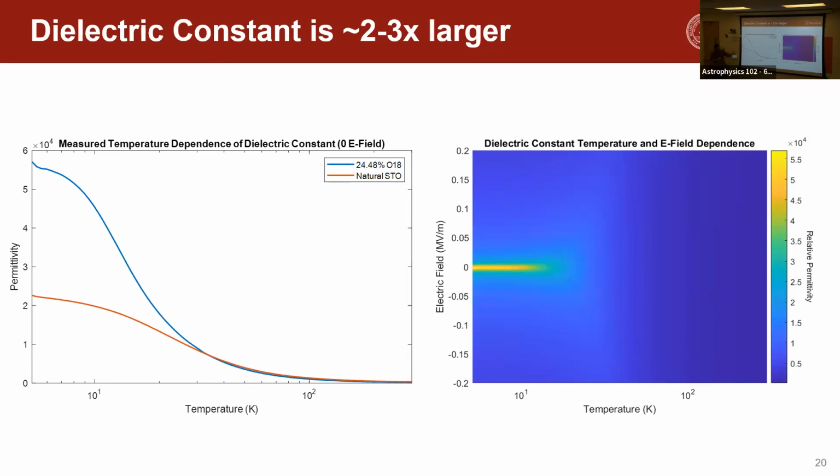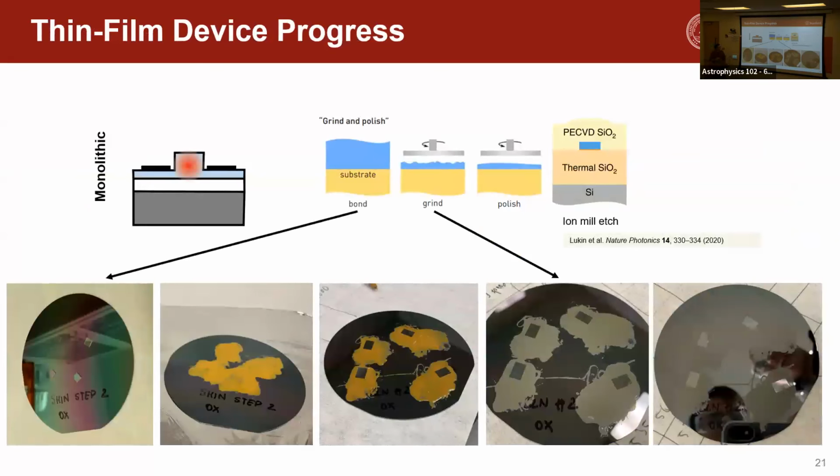And so we're working in parallel both on this direction, but then as I just mentioned, we're also working on creating thin film devices. And we have 2 approaches. In this case, the first is a purely monolithic platform. So thinning down this bulk material of strontium titanate to get high quality thin films, such that we can do nanofabrication directly on that high quality thin film structure and do our photonics directly there. The strontium titanate would actually be the waveguides, confining the modes.